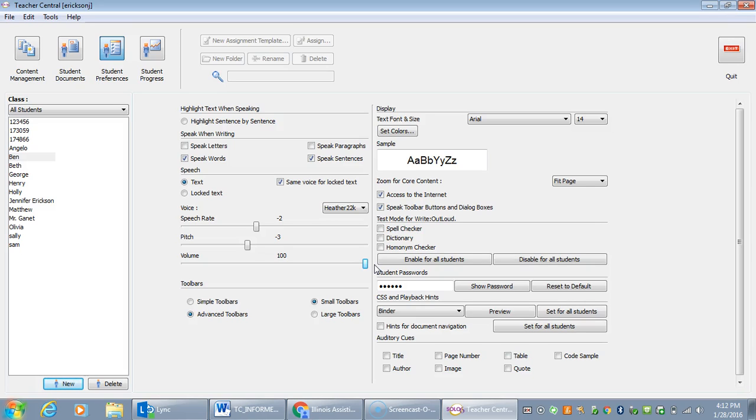Again, you need to make sure that your students' names are in Student Central. Okay. You can choose the toolbar, what it should look like. You can also choose that font for your students. Again, like I said, I like 18. You can choose whatever. You can choose, do they have access to the internet or not? Okay, if you have a student that,